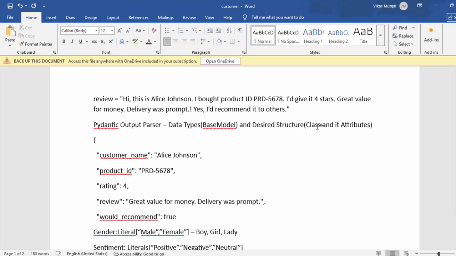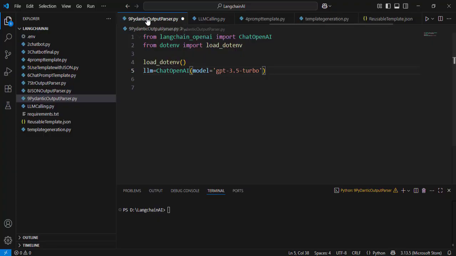So hope you get the idea. Now I will show you practically how to implement this Pydantic output parser. So here I have already written some code which you are already aware of, and now I will go on to